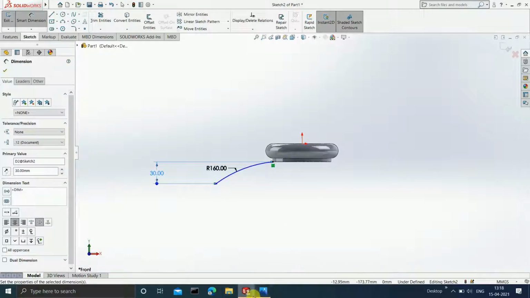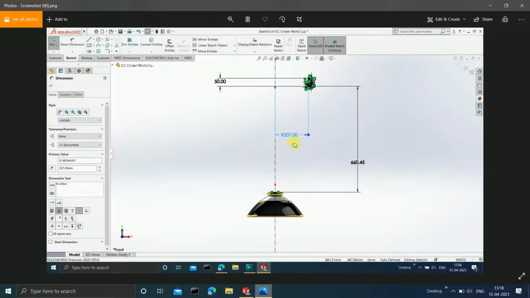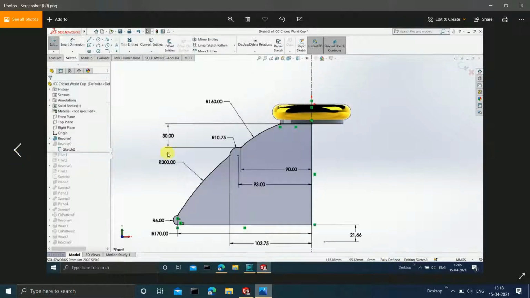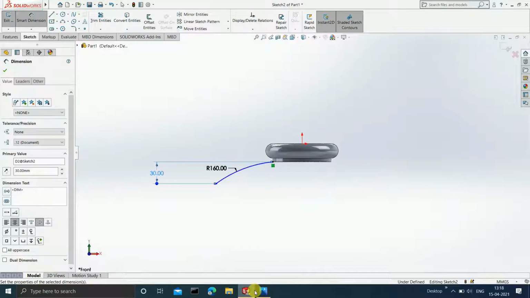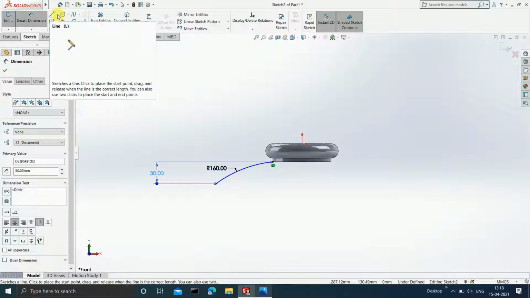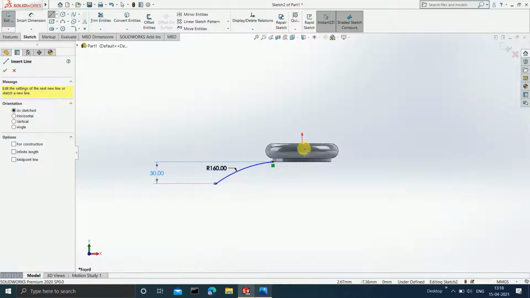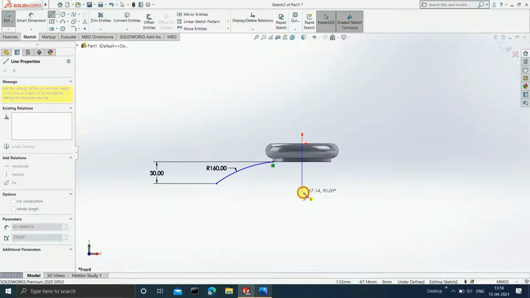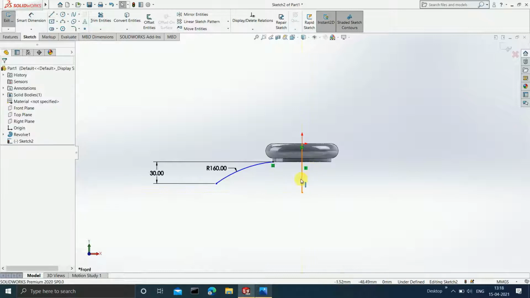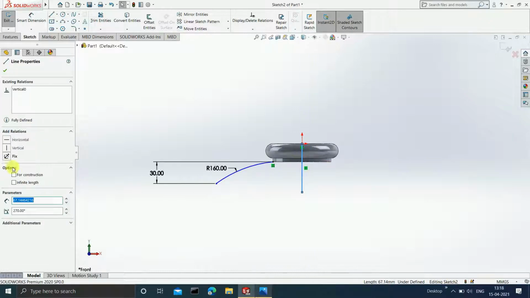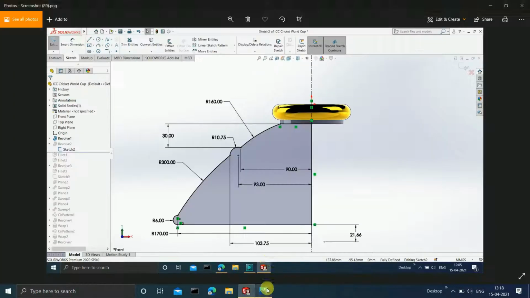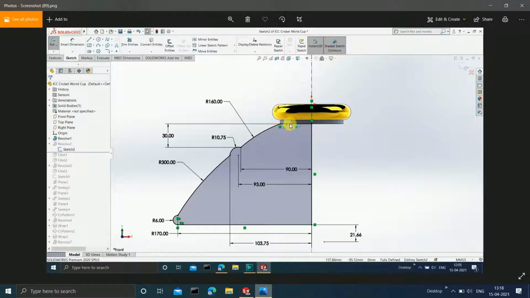Now guys, you can observe over here that I have first drawn a vertical line over here. So let's draw that vertical line as well in this particular sketch. So let's select this sketch, center line, and let's make it infinite. Okay, select this, make it for construction and infinite length. And now from here, what I have done, I have drawn a horizontal line which is joining to it. Okay, so let us do that as well.